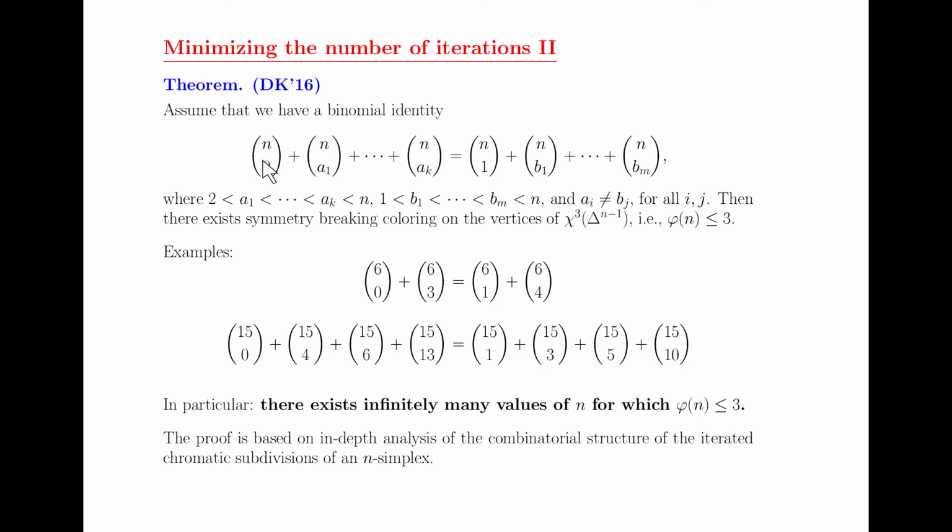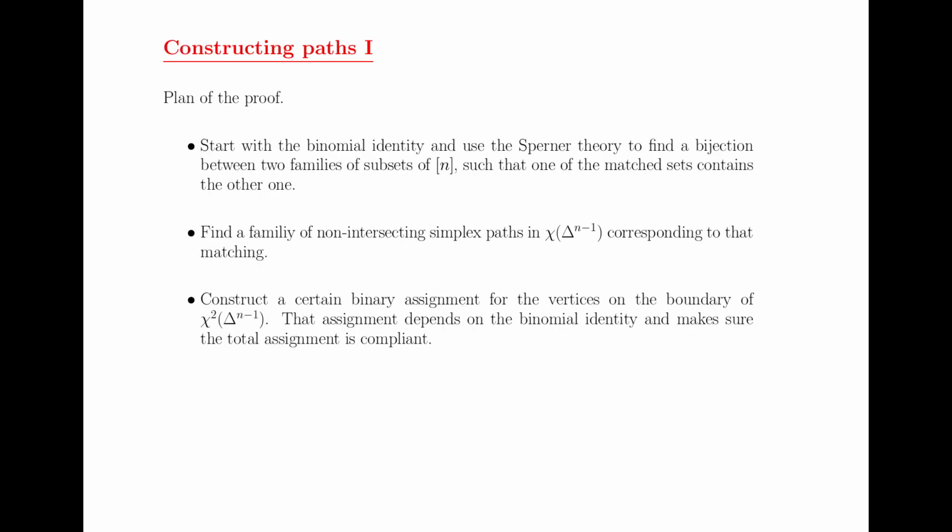What this identity means is that if I look at the set with n elements, and I look at all the subsets with 0 elements, with A1 elements, and so on, AK elements, there are equally many of those with prescribed cardinalities 0, A1, and so on, AK, as those with prescribed cardinalities 1, B1, and so on, Bn. And that turned out to be the condition you can use to eliminate this cohomological obstruction to the existence of such labelings, but it's not a priori clearly sufficient, it's just necessary. So if you have such a binomial identity, then you find a certain bijection between families of sets.